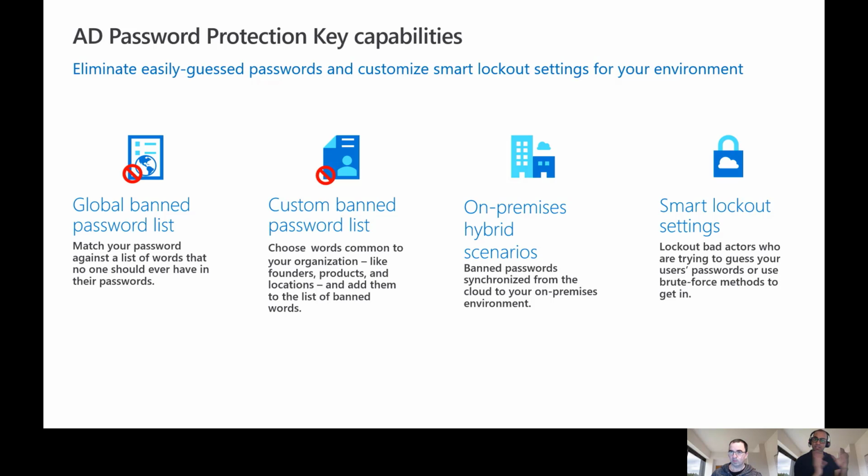So the global banned password list is global. It's kind of live. It keeps on updating. And then I've got a custom banned password list, which is more like local. I want to prevent what I know from an organizational perspective is being used and what is not being used. I kind of want to integrate it. And of course, it brings in the capability to integrate your cloud intelligence into on-prem. So the intelligence which we are bringing in from Azure Active Directory to my on-prem Active Directory, that is something which Azure AD Password Protection brings in as well.